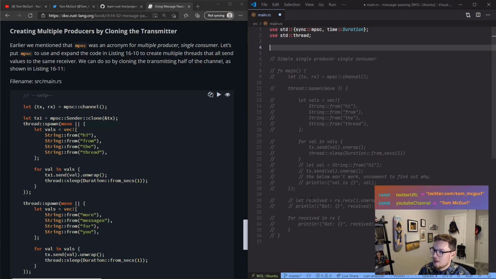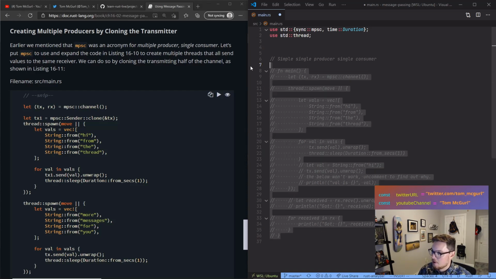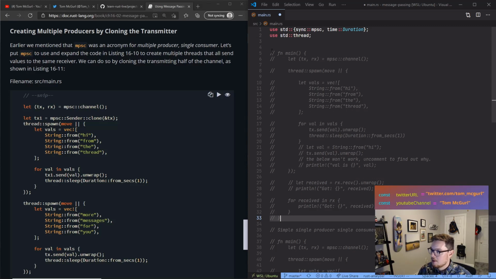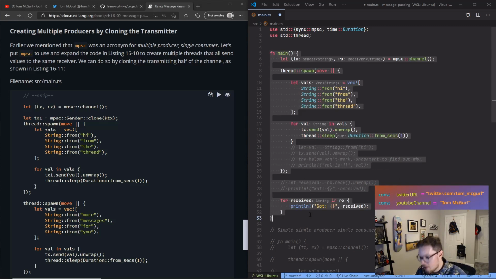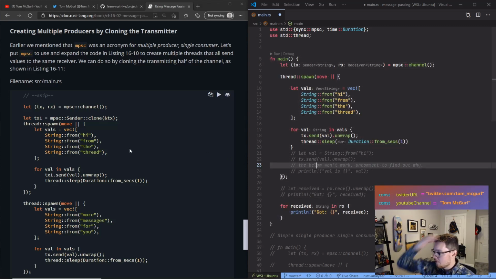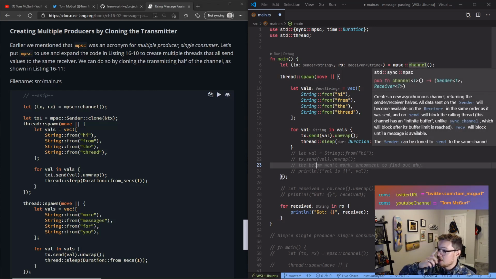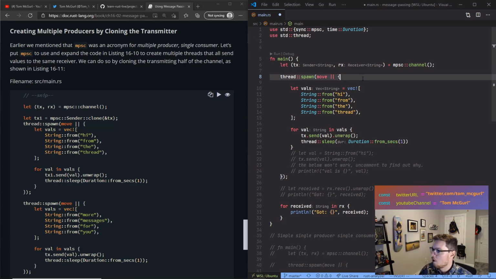That's that. And then here we'll do our new main. We'll copy our function here, paste it here, uncomment it, and modify it. So we have tx, this channel stays the same. We have tx1. So we're going to do